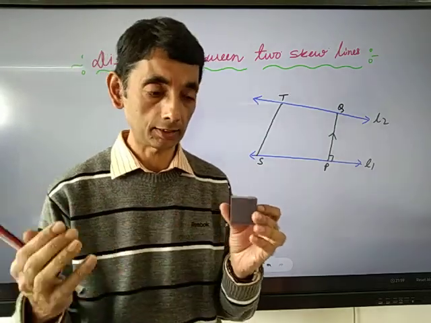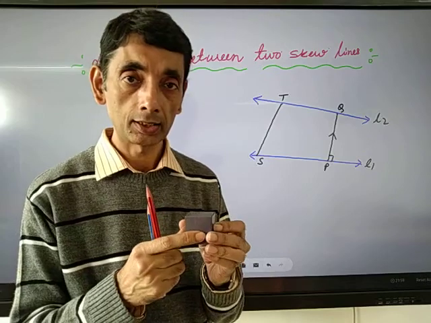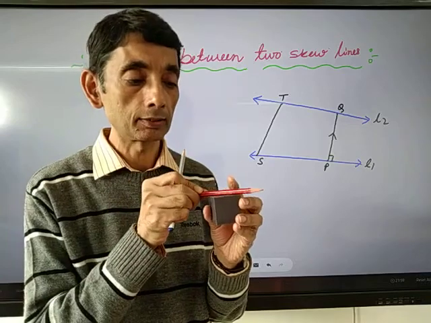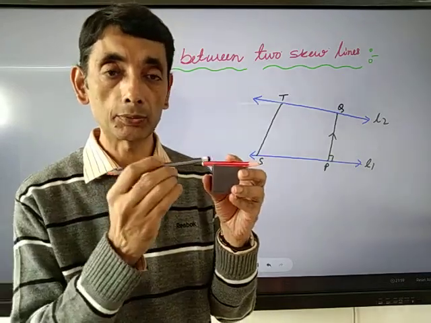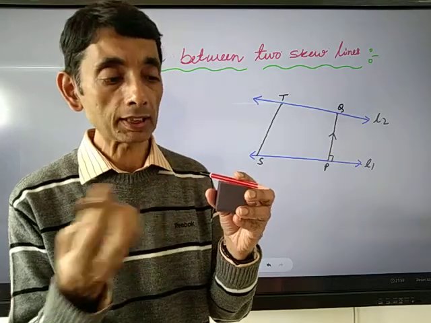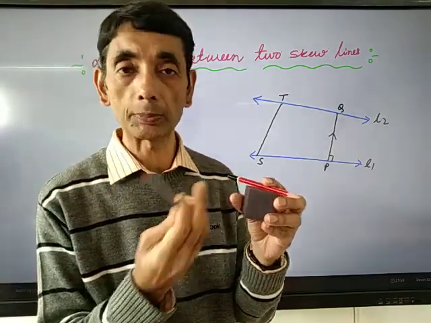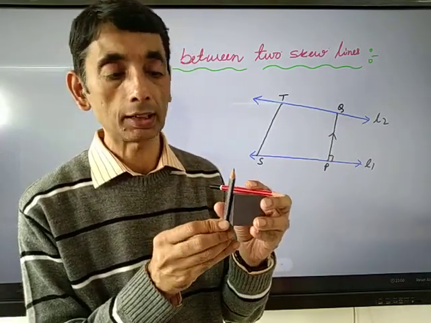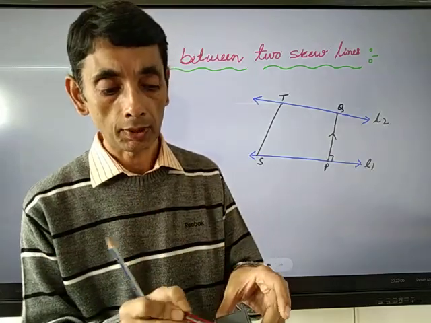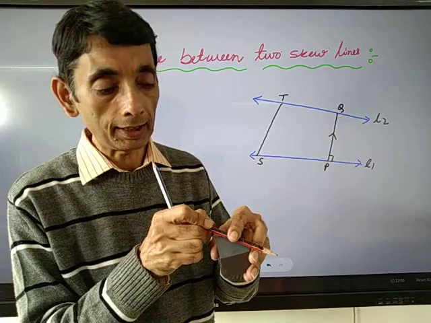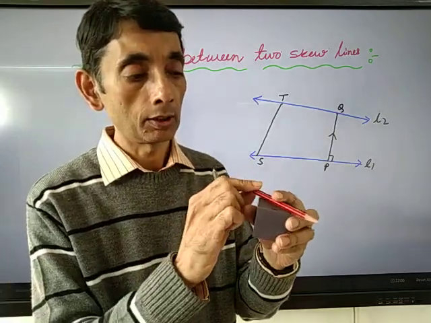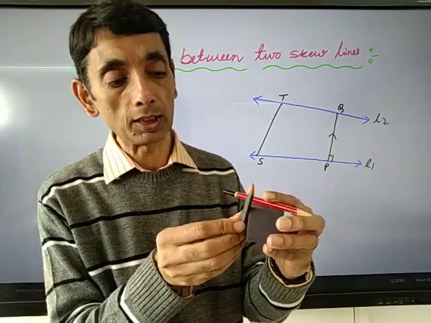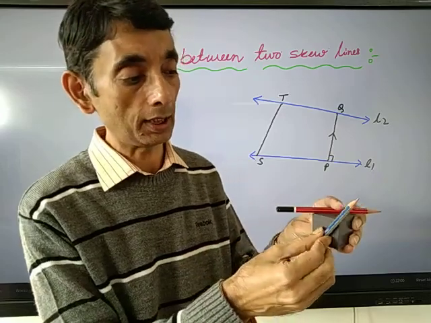You can think of where we generally stay, like this miniature room, and we'll consider one line along the diagonal of the roof. We can consider another line with the help of one wall of the room. So this is a line along the diagonal of the roof, and this is another line along the diagonal of another side. If I hold these two lines like that, one line is along there.